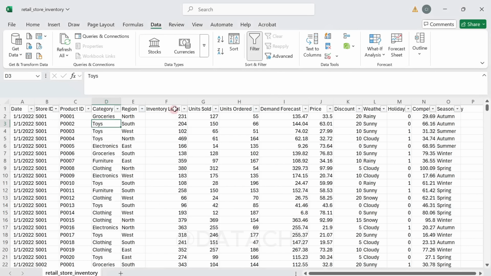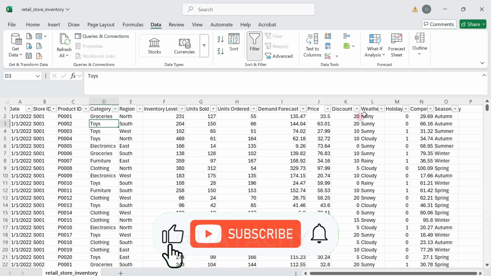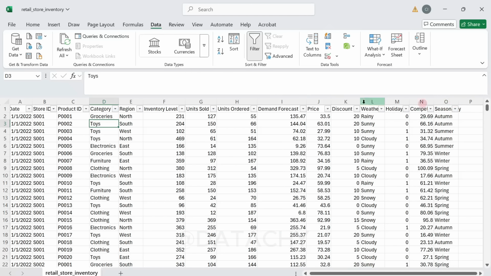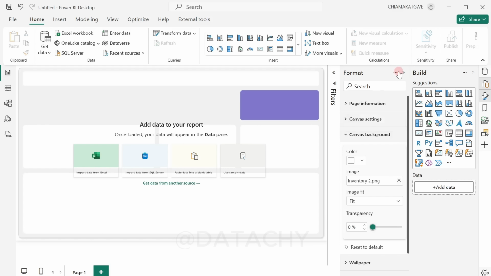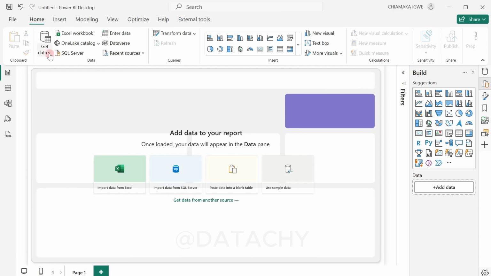We have the inventory level, units sold, units ordered, then the demand forecast. We also have the price as well as discounts, the weather, holiday, and seasonality. So we're going to import these data sets into Power BI. So because it's a CSV file, I'm going to click on Get Data